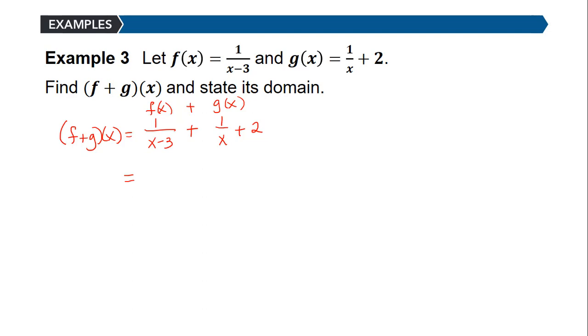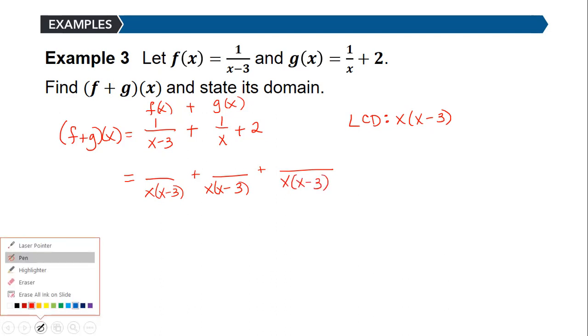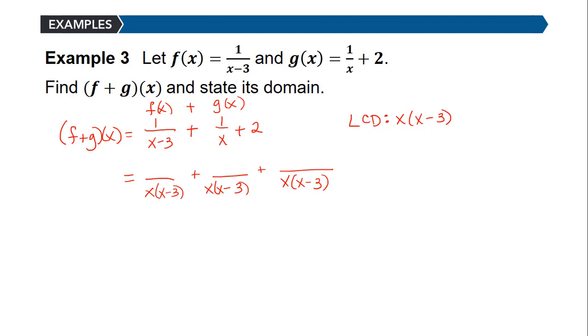Now to add fractions, do you remember you have to get a common denominator? And the common denominator here is x times x minus 3. And then we need to rewrite each expression with that as its denominator. And to do this, to go from 1 over x minus 3 to a denominator of x times x minus 3,